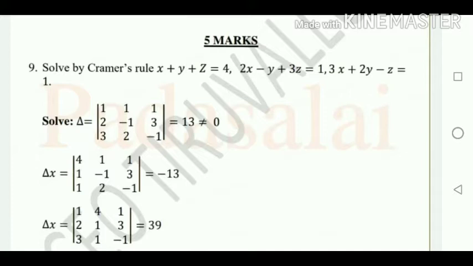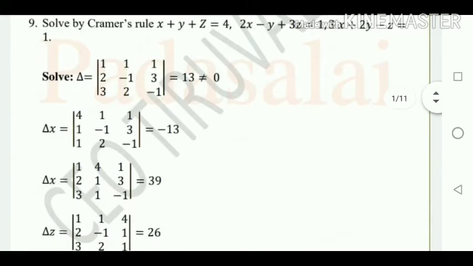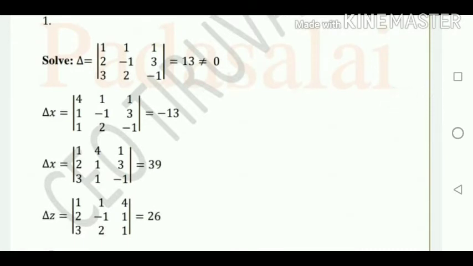Now the same method is followed in order to find the value of the delta. So here we get minus 13 as the answer of delta x. The next one is written as delta x, you change it as delta y. The first, minus 13, is delta x, whereas 39 is the value of the delta y. It is a printing mistake, so change it as delta y. So here I am changing the second column of the determinant as 4, 1, 1 instead of 1, minus 1, 2. That is, in order to find delta y, you have to change the second column, taking the constant terms. Now the value of delta y equals 39.